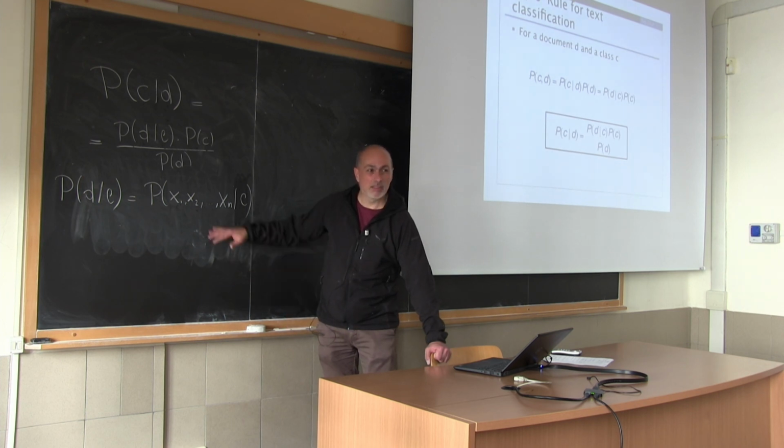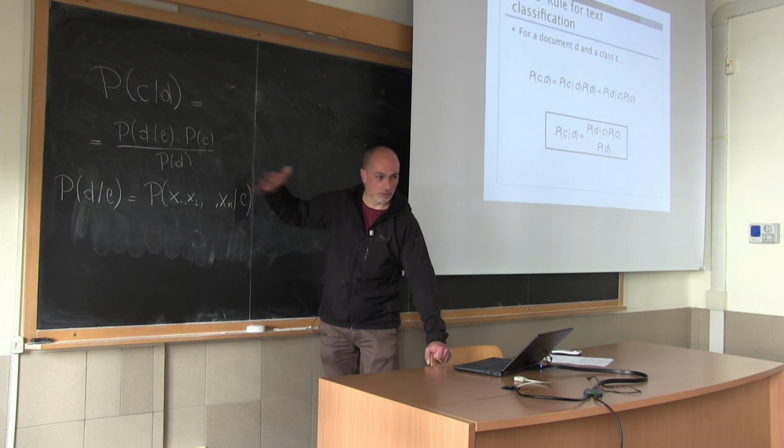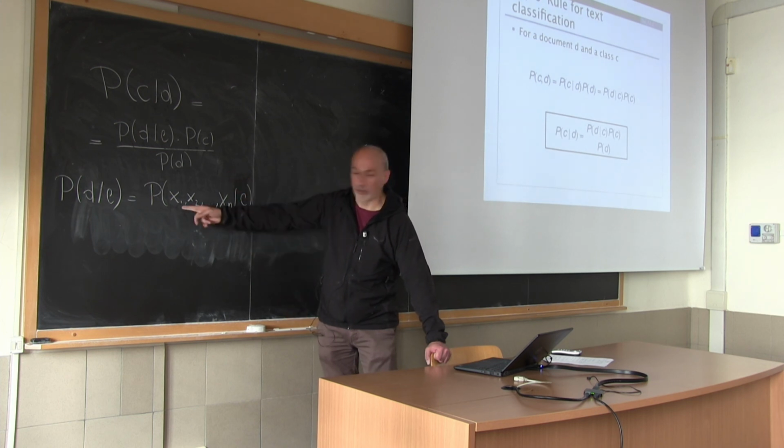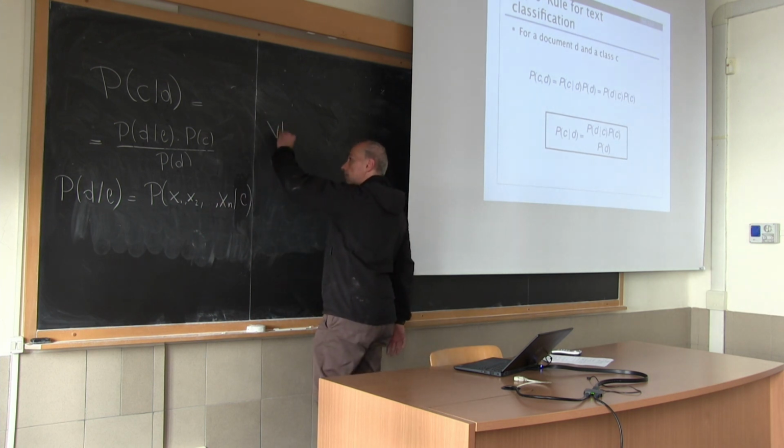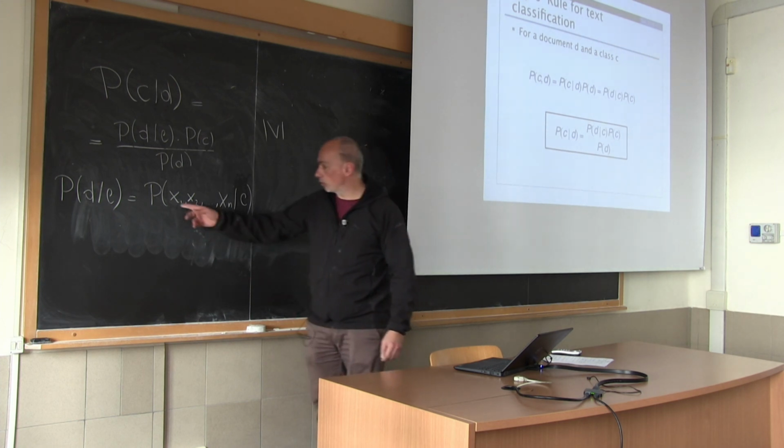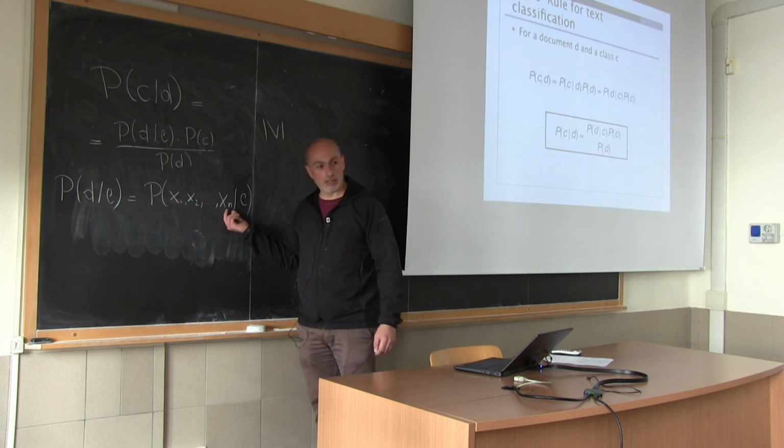Let's say in theory, I could estimate this probability. In practice, the number of samples I need is exponentially large in a lot of things. For example, for a document with n terms, from a vocabulary V, you know which are all the possible, if the document has length n,